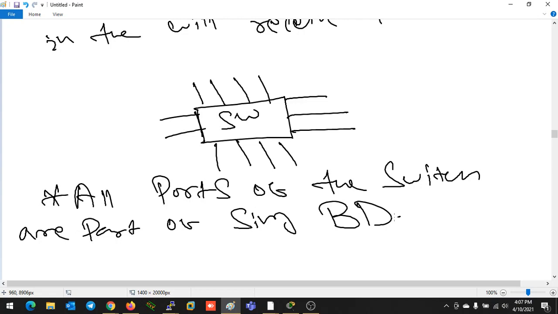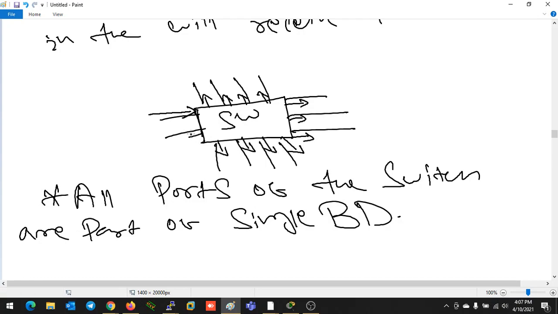right now. So we are not going to take any kind of VLAN idea here. Simply I am telling you all the ports of a switch will be part of a single broadcast domain. Why is it part of a single broadcast domain? As I told you, if the switch is receiving a broadcast message from a single port, then it's going to send the same broadcast message to all the ports. That's why the same condition I told you for a broadcast domain is satisfying here.